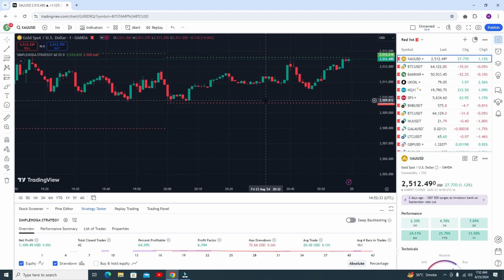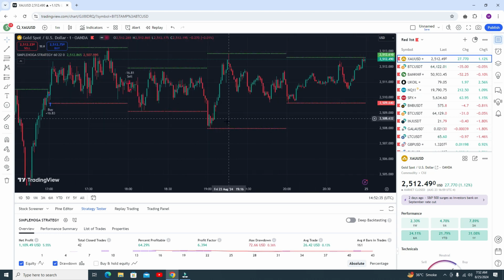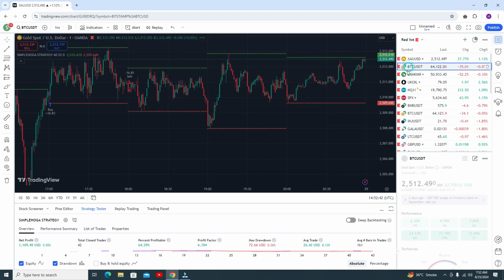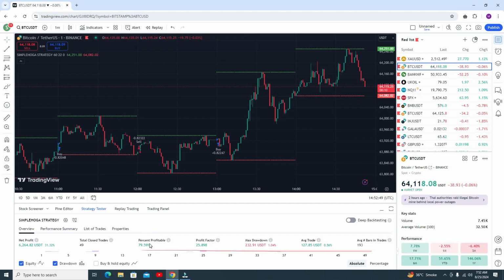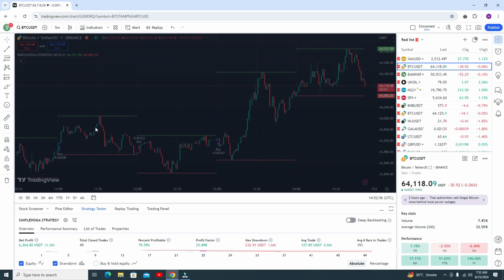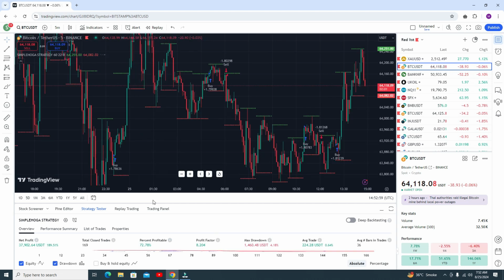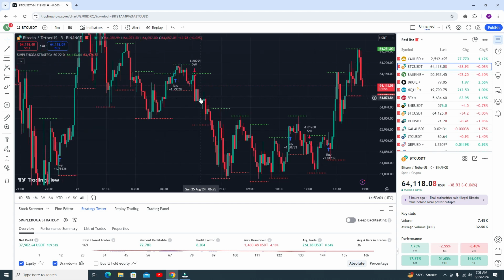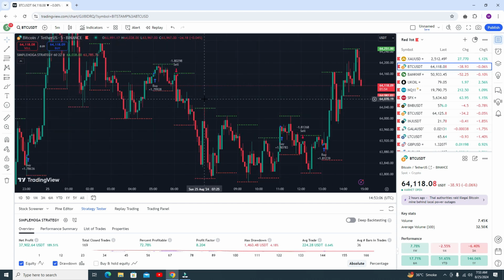In the 1 minute time frame in the gold, you will see the accuracy. Just wait a few seconds. Okay, here you can see the second accuracy is around 64.29%, while if we go to the BTC, here you can see the magic. In the BTC, the accuracy is around 80%. And if you go to the 5 minute time frame, the accuracy will be around 72%. I will give you all the details. Just watch the video carefully and do not miss any point.